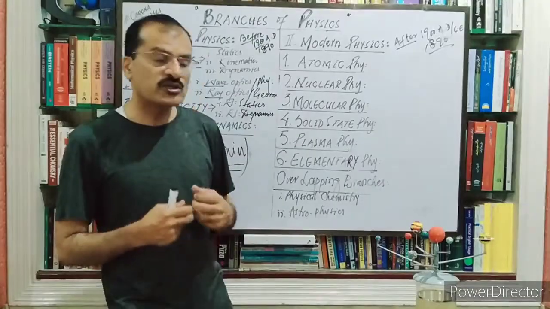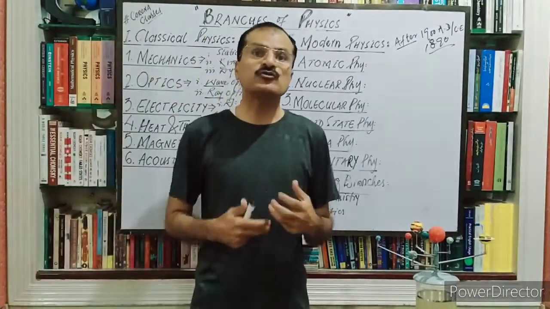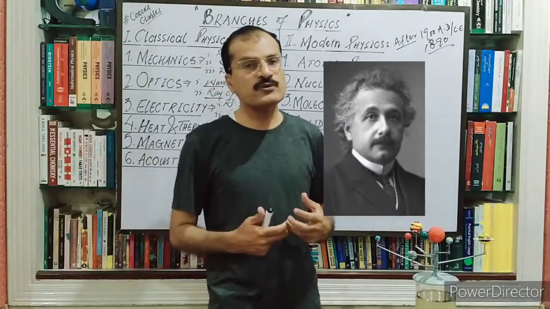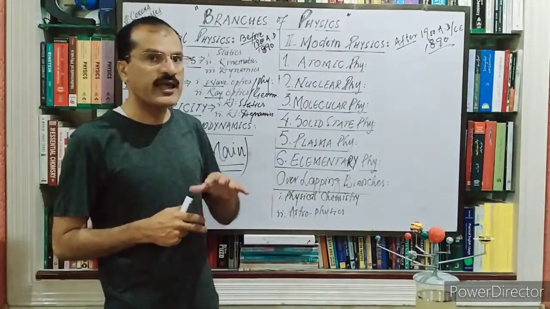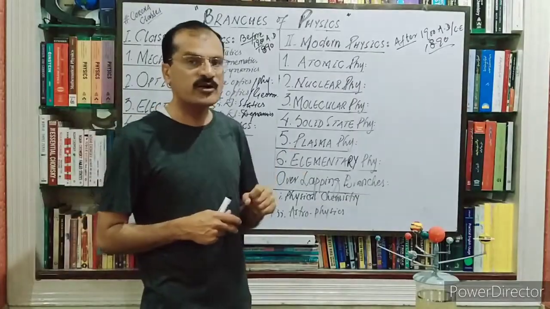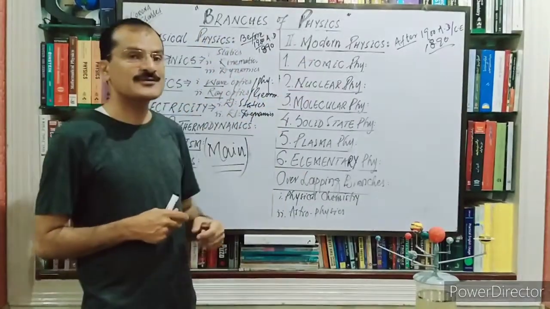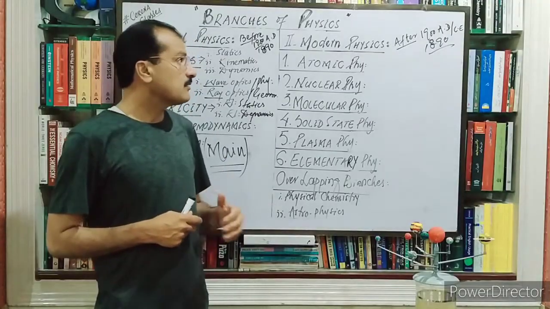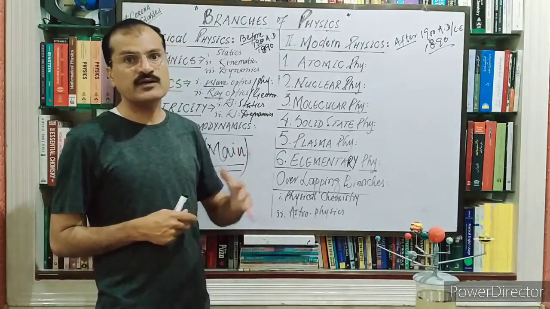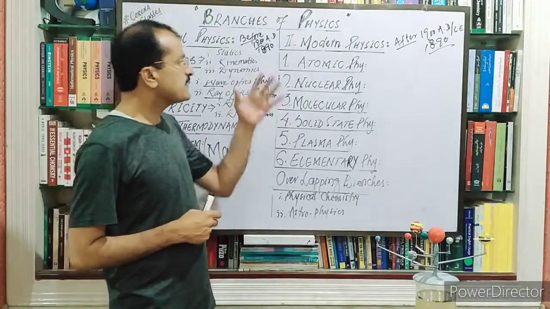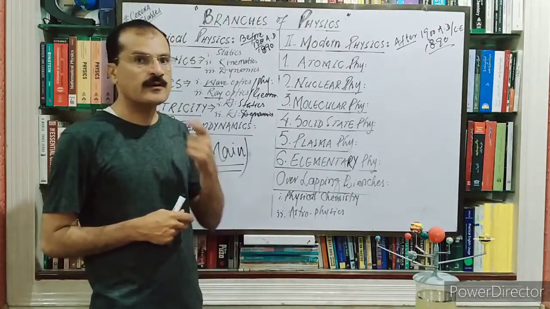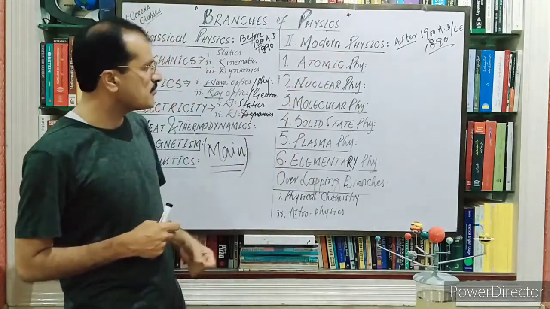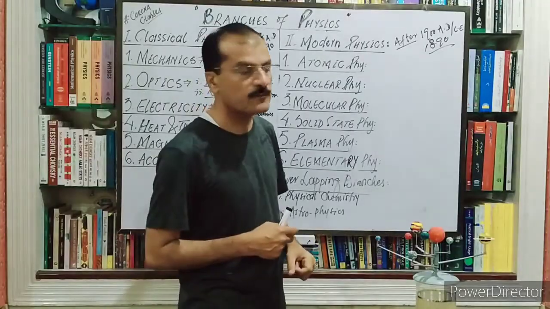After his revolutionary theory, we have the theory of relativity of Sir Albert Einstein. That's why we can say these theories became the basis of modern physics, and that's why modern physics is also known as quantum physics. But modern physics has developed a lot, and it is again subdivided into different branches. The main branches of modern physics, some of them, are given in your textbook.